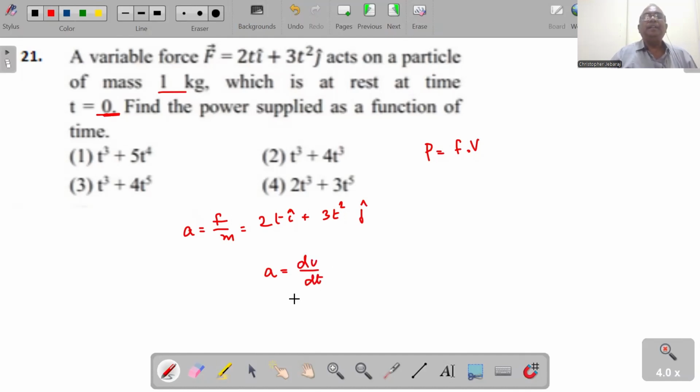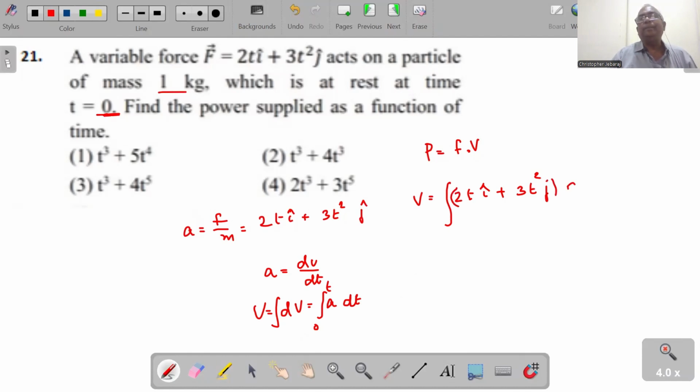So dv equals a dt. So we want to integrate from 0 to t, which becomes v. So v equals the integration of 2t i cap plus 3t squared j cap